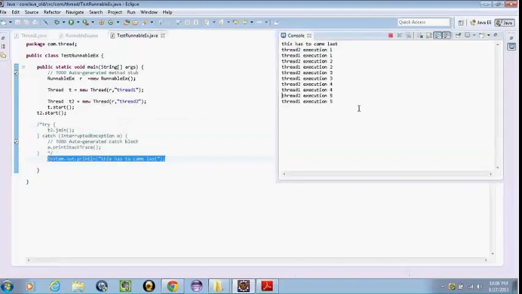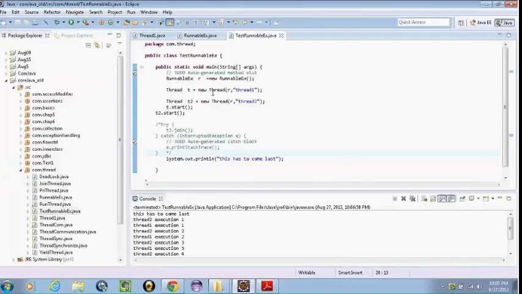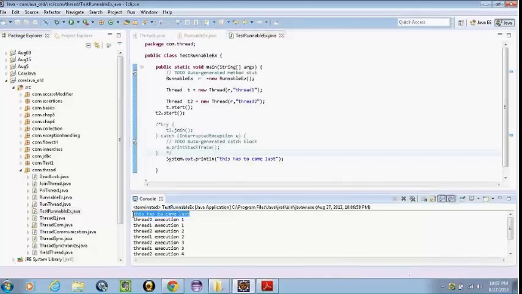That doesn't happen when I say T2.join, because when I say T2.join, what am I saying? I'm literally asking it to join at the end of T2.